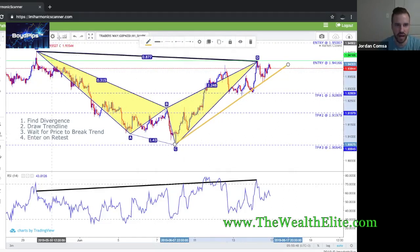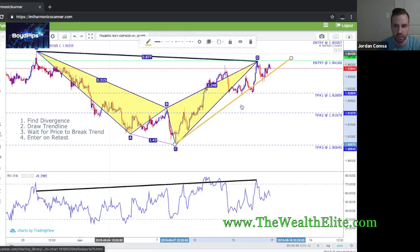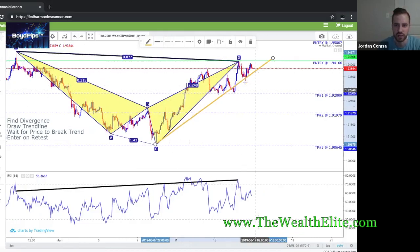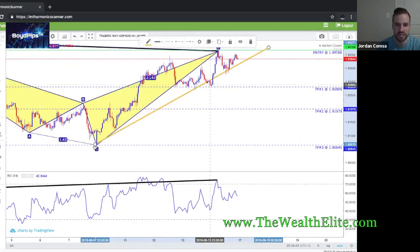If you want to figure out how to draw a better trend, you could even come over here and change it to a line chart. Just like this, okay? And you could draw your trend that way. Okay, draw our trend. This right here, that's a trend fake out. That's why I'm still drawing it according to these candles, okay? But either way,